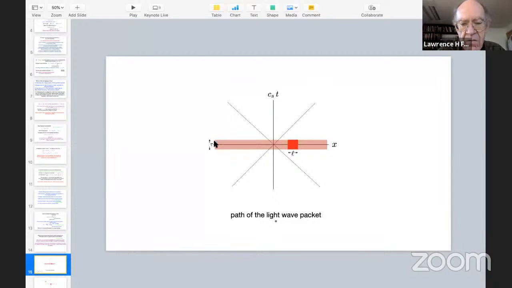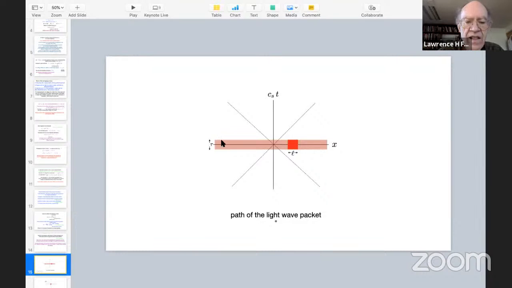The light ray comes in and travels orders of magnitude faster than the speed of sound, at almost infinite velocity by comparison. The speed of light in a liquid is typically 5 orders of magnitude larger than the speed of sound. So this is almost a level line, and the light path goes through here on a very small time scale in this diagram.